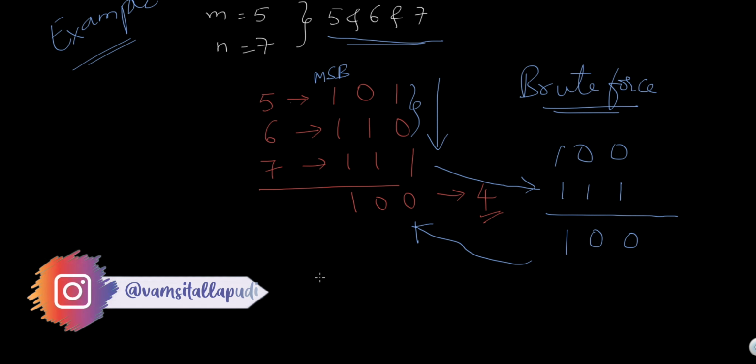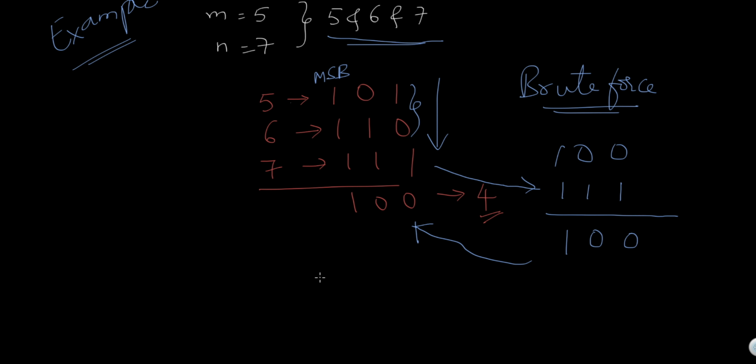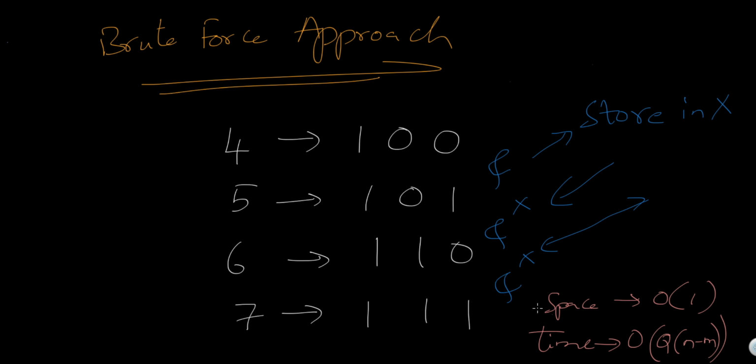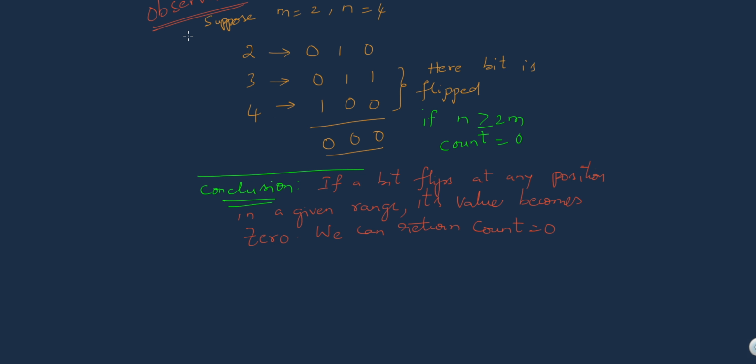So this is the brute force approach, where we calculate the AND of one element and another element, store the resulting element, and again perform the AND operation between that element and the next element. Here the space complexity is O of 1, and the time complexity is O of Q times n minus 1, where Q is the number of queries between operations. So the time complexity is more. Since the brute force approach has low space complexity but high time complexity, let's see what observations we can make so that we can reduce the time complexity.